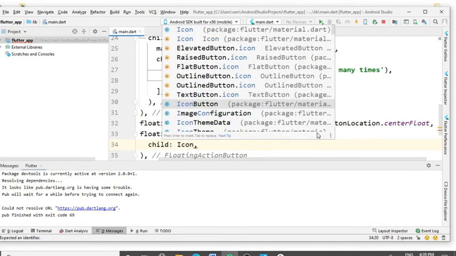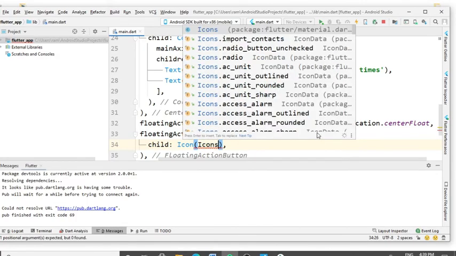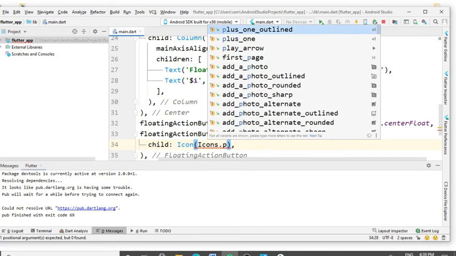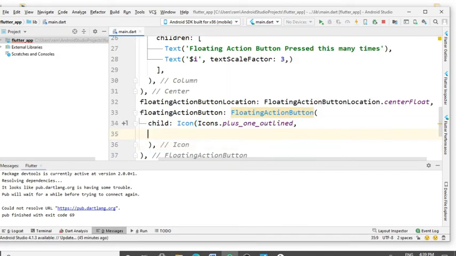Put the round brackets. Again type Icons dot and select the icon. I select plus_one outline. Give the comma and give the size 30.0.